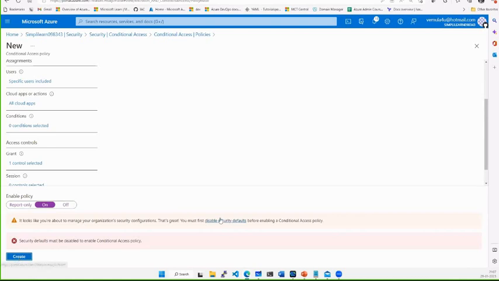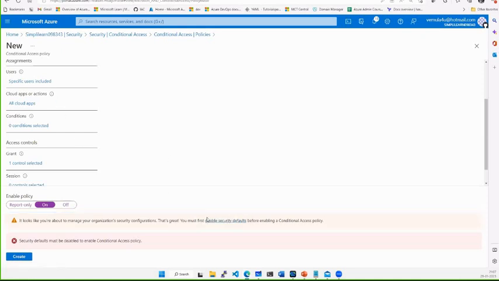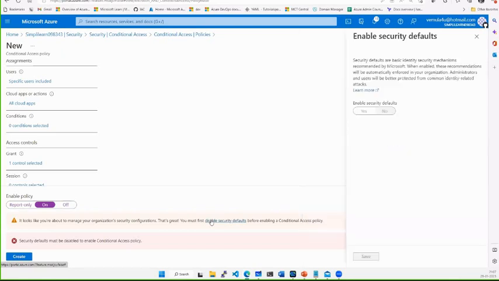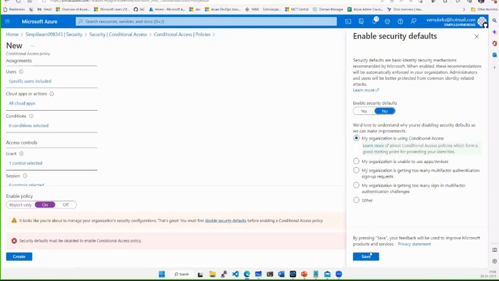Now there is a requirement here which says that it looks like you are about to manage your organization security configuration. That's great. You must first disable the default security configuration. Because you are customizing your security configuration, whatever is set by default, they want you to disable. So we'll hit this disable security defaults, say no. Why am I disabling it? Because I am using conditional access policies,